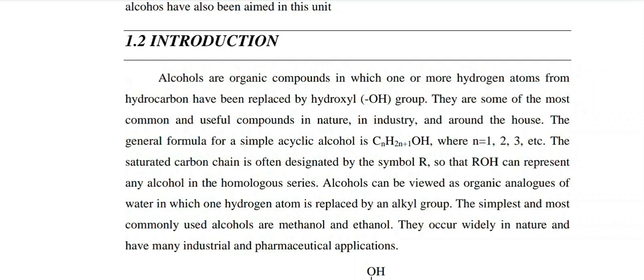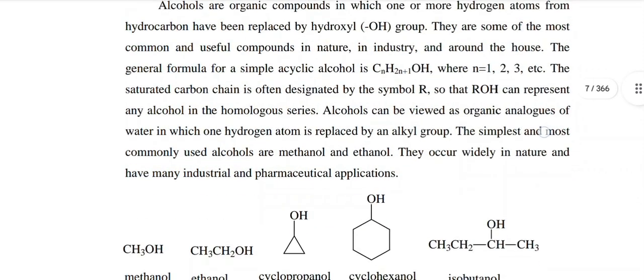The general formula for the simple acyclic alcohol is CnH2n+1OH, where n is 1, 2, 3, etc. The saturated carbon chain is often designated by the symbol R, so that ROH can represent any alcohol in the homologous series. Alcohols can be viewed as organic analogues of water in which one hydrogen atom is replaced by an